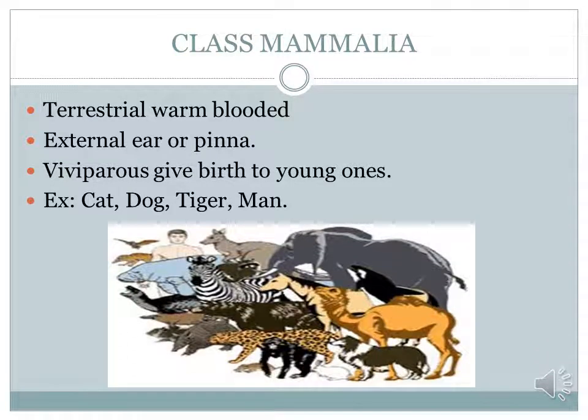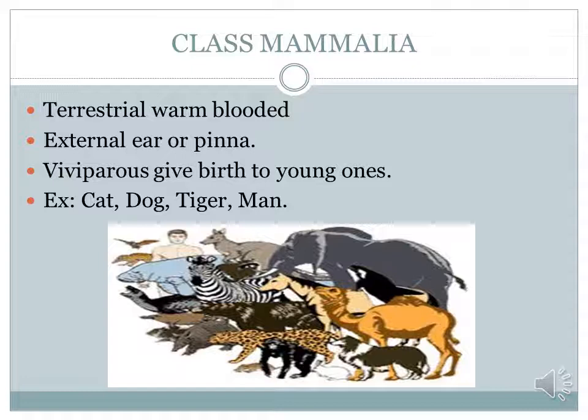The next class is class Mammalia. Animals belonging to class Mammalia are referred to as mammals. Mammals are one of the most evolved species in the animal kingdom, categorized under vertebrata. Mammals are warm-blooded animals who give birth to their young ones. They are the most dominant form of animals found in almost all types of habitats.